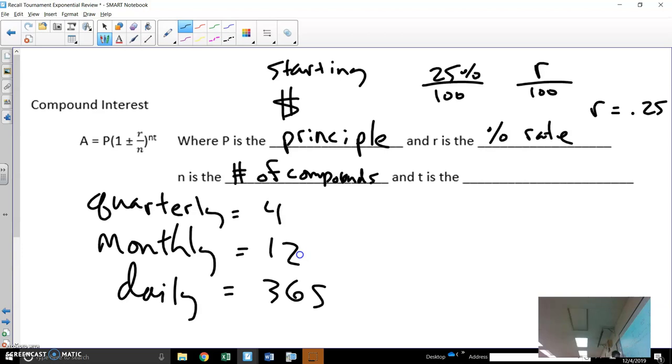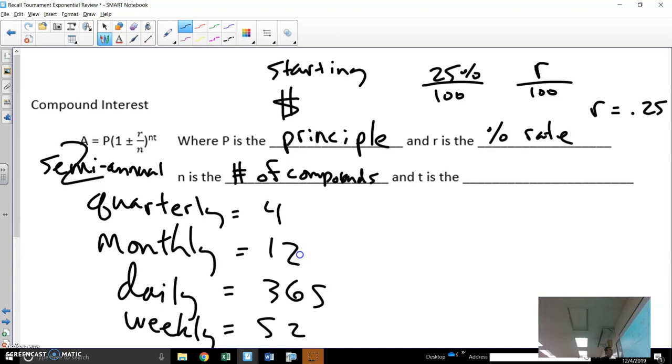Sometimes students don't know that weekly, there would be 52 weeks in a year. And then the last one I hear is semi-annually. I see that one sometimes. If something is annual, it's once a year. Semi means it would be twice a year. And then T is just the time. And a lot of times it's in years or months or days, whatever the problem seems to be using for